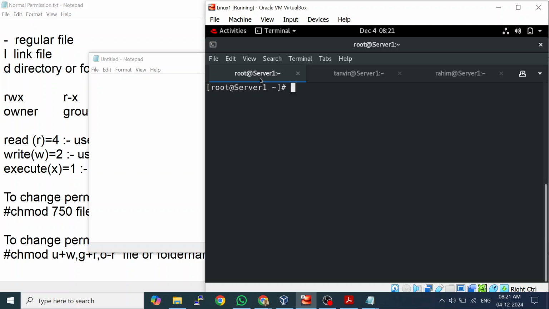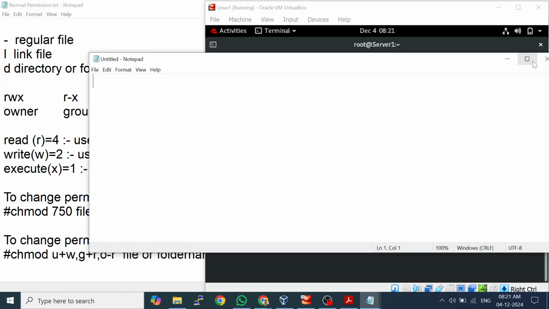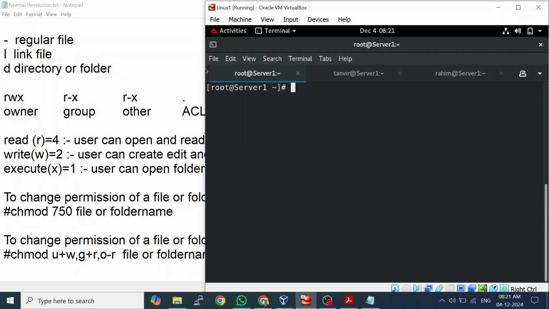So why have I logged in with these three users, one with root, and two with normal users? Because if I create any file or folder in my home folder, normal users don't have permission to create files and folders on the root partition. If I create it in my home folder, another user cannot enter my home folder, so I cannot see the effect of the permission. That is the reason we need to log in as root and create a folder,